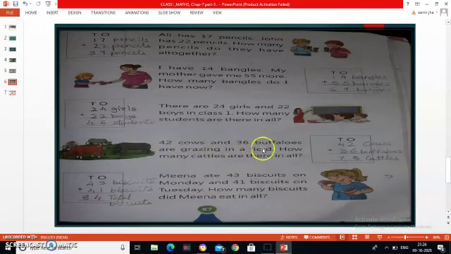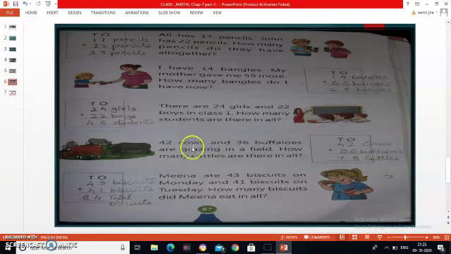42 cows and 36 buffaloes. One more example. See, these are live examples that you people see in your day-to-day life. See, buffaloes are grazing in a field. What is the meaning of grazing? They are eating grass. Yes, you might have seen these kind of cattle when they are roaming in the field. They are eating grass. So we are using the term grazing. So 42 cows and 36 buffaloes are grazing in a field. How many cattle are there in all? So altogether we are using the word cattle for these animals. Yes, cow, buffalo, goats, they are known as cattle.